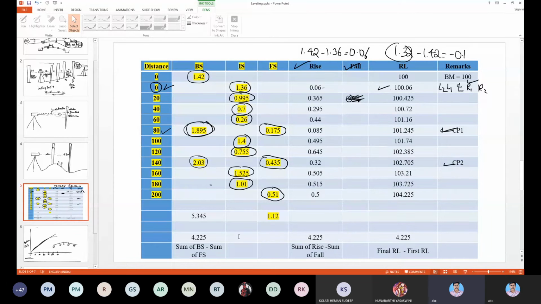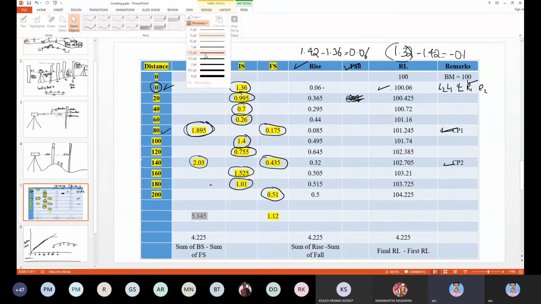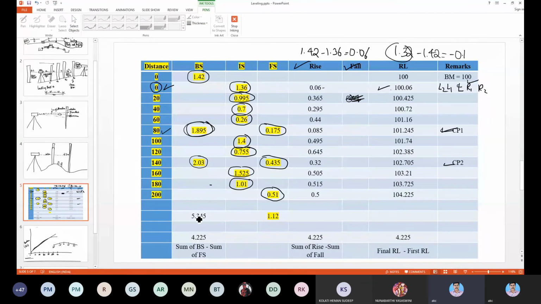Now here is a small check. In the leveling data, if you have done all the calculations correctly, you will sum all the BS, sum all the foresight, and also sum all the rise, sum all the fall, and take the difference between final RL minus first RL.